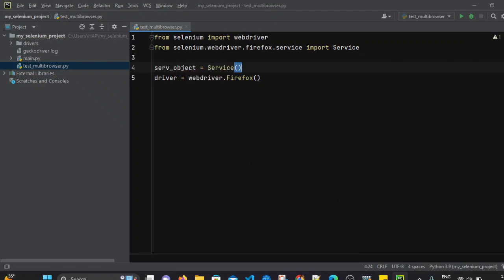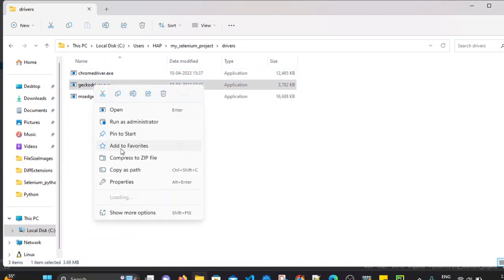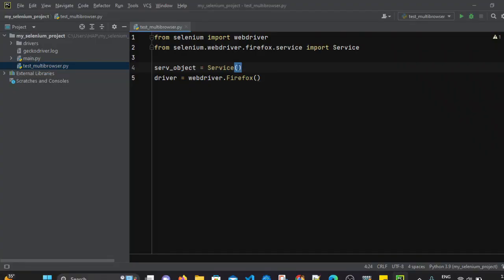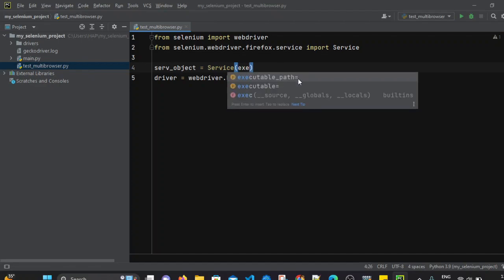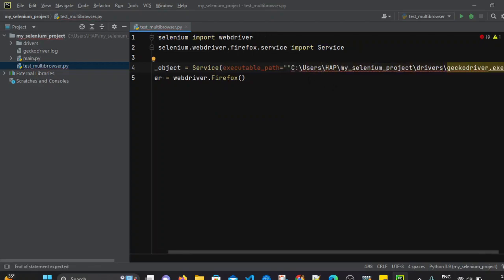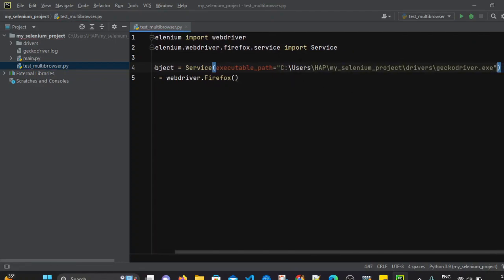So I will go back to the folder where we have placed the drivers, right click on it, copy as path, and that path we have to give here. In this Service class object we will pass executable path equals to the path here, and we have to mention r before the string so that it will be treated as a raw string.